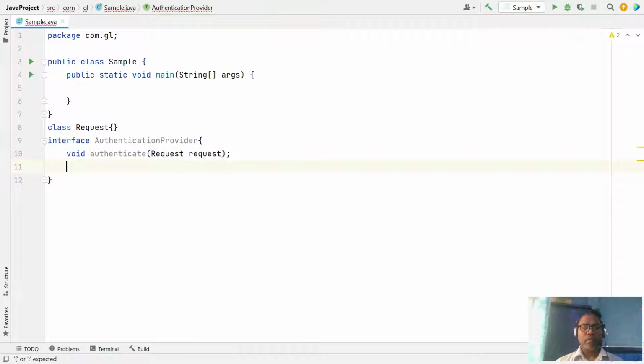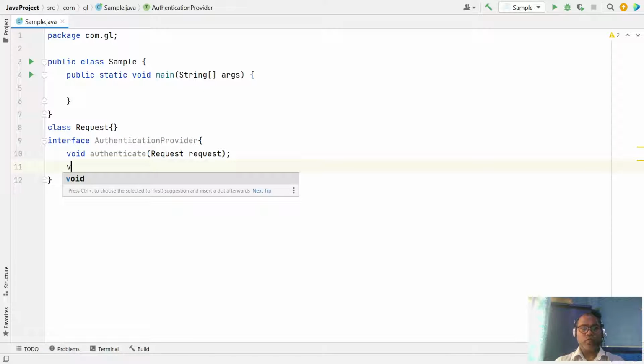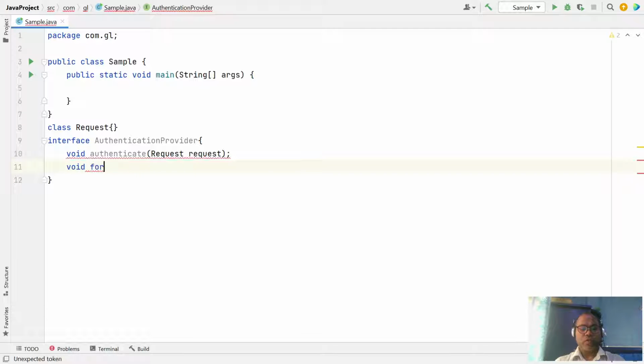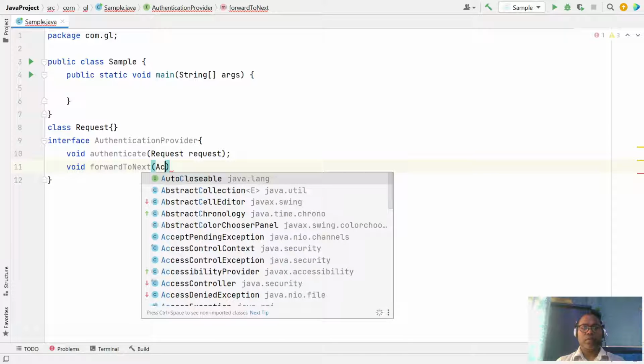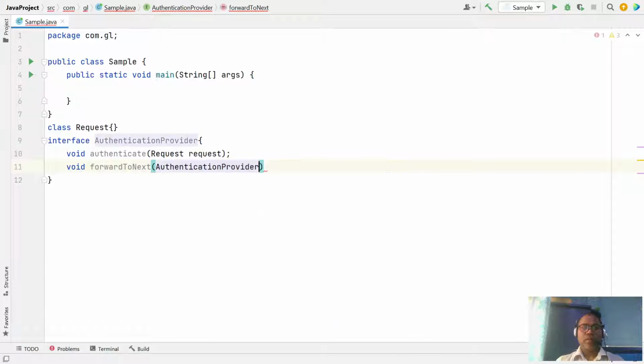And second, if one authentication provider handler is not able to handle the request, then it forwards to the next. So we have a forward to next authentication provider.